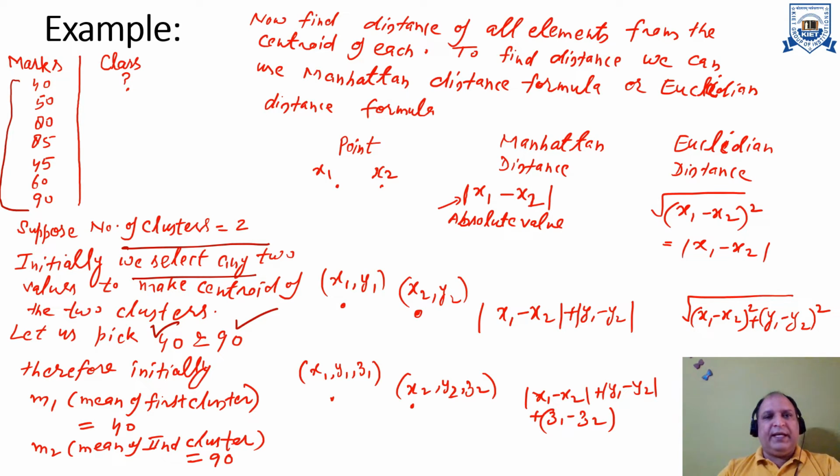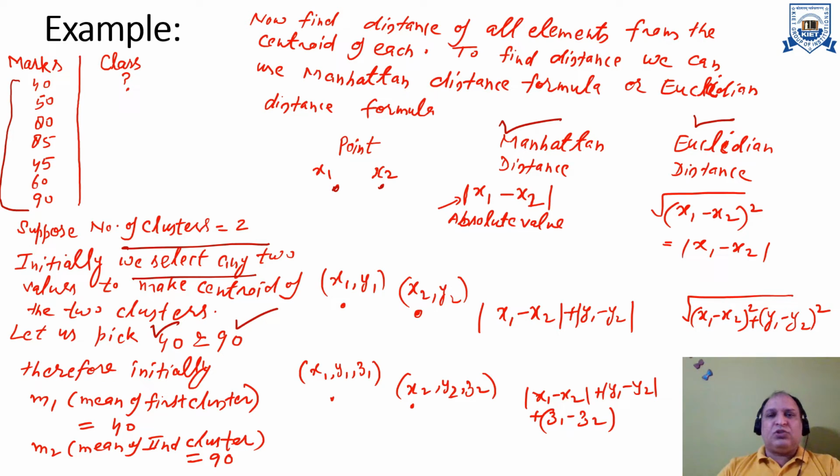And for finding the similarity, we have the Euclidean and Manhattan distance, and we are considering Euclidean distance. Or we can consider Manhattan distance or Euclidean distance. Manhattan distance means, suppose we have 2 points x1 and x2. Now the Manhattan distance can be calculated as the absolute value of x1 minus x2. Similarly, for the Euclidean distance, it is the square root of x1 minus x2 whole square.